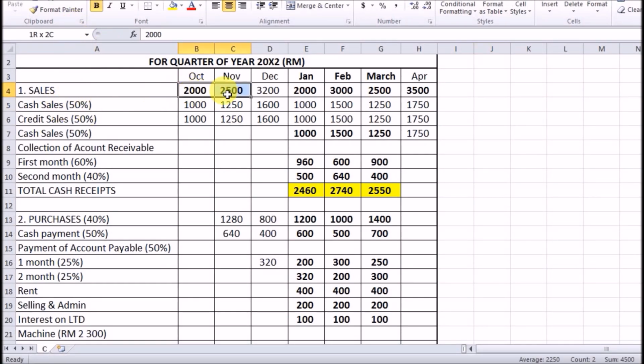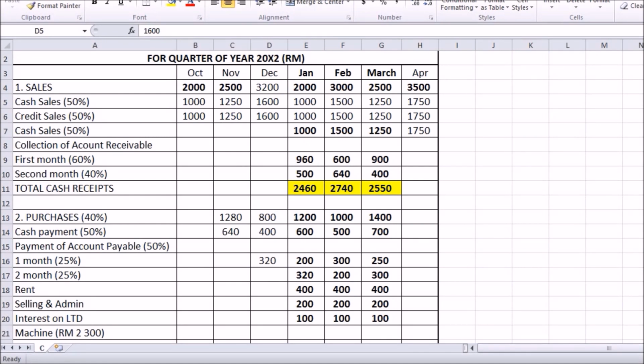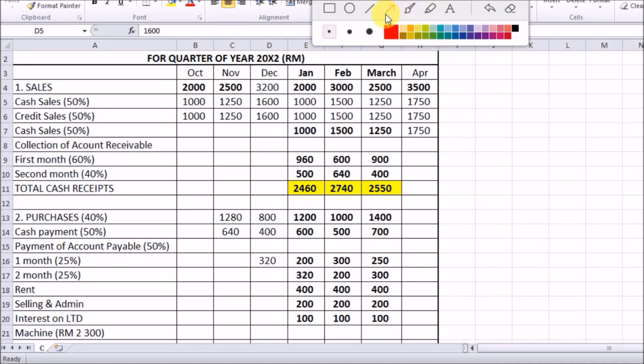Then, we need to times 50% of cash sales from the total amount of sales each month. 50% of the balance from cash sales is the credit sales. Then, we move to collection of account receivable, which is the first month is 60% and the second month is 40% of credit sales. We take the amount of credit sales from December, which is